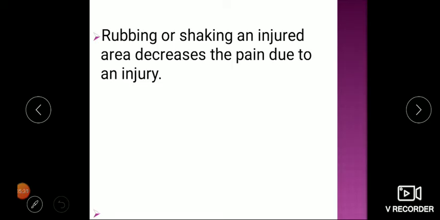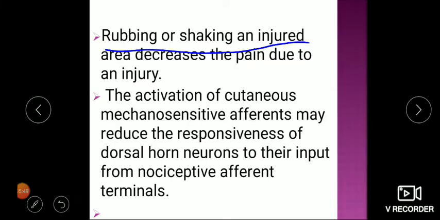So just recall routinely, if you get an injury to one part of the body, usually our old age people or experienced people, what they do, they rub and shake that part. So rubbing, shaking an injured area decreases pain due to an injury. The activation of cutaneous mechanosensitive afferents may reduce the responsiveness of dorsal horn neurons to their input from nociceptive afferent